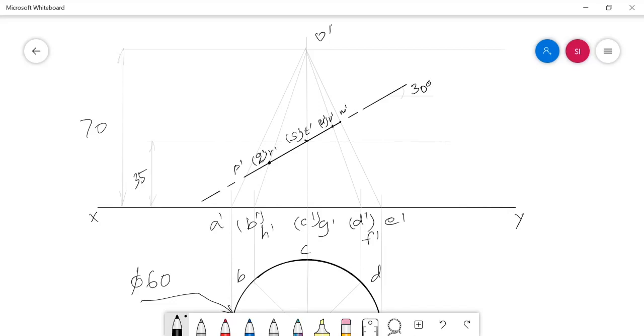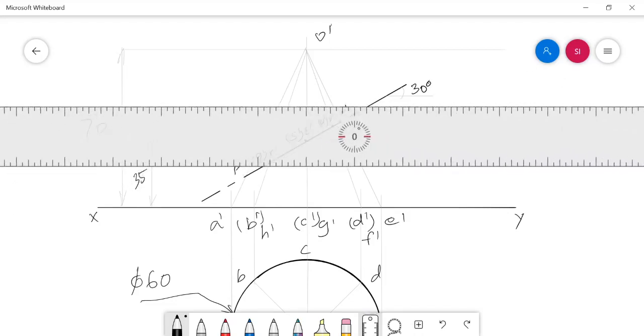So after marking the cut points, we need to highlight the retained portion with an HB pencil with higher darkness. See, it is a cone, so I need to darken only the extreme generators. I need not darken the interior generators. Do that now.